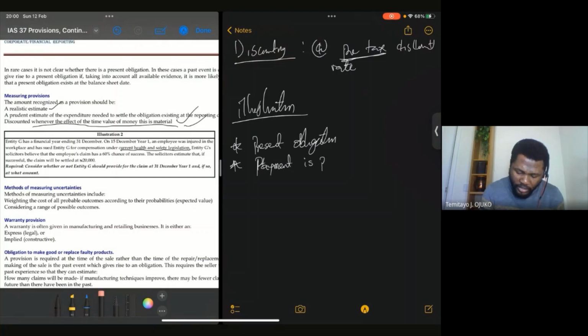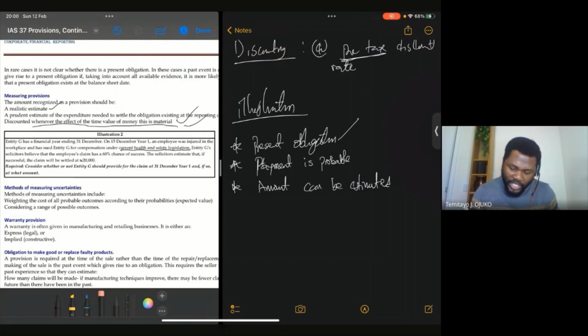Payment is probable. Then three, the amount can be estimated. Here we can see that there's a legal obligation from the current health and safety legislation,